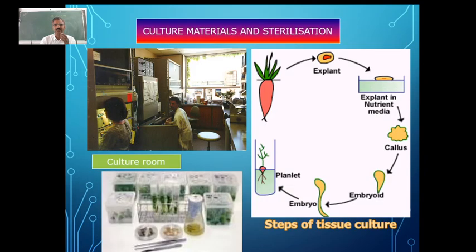And they are able to multiply. You can just have a look at the different stages here. So we have taken a portion of the plant which we call explant, that is taken in the nutrient medium. So they start multiplying, they form the callus, plural is calli, and that callus is made into pieces here and they are going to be grown into plantlets. Like this, many plantlets you can see here. This is the culture room where they are growing and they are using different materials for this.